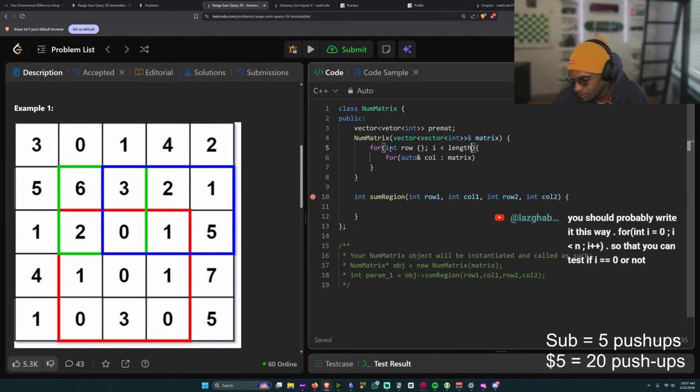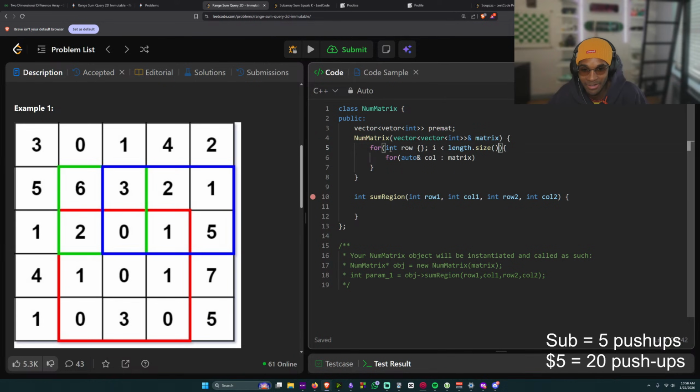Wait, you should probably write it this way. Yeah, I was thinking the same thing after I wrote it all poorly. And I was saying chill because I thought you were giving me an answer for a minute. I got scared. All right, so length of size. This is not Python, bro.